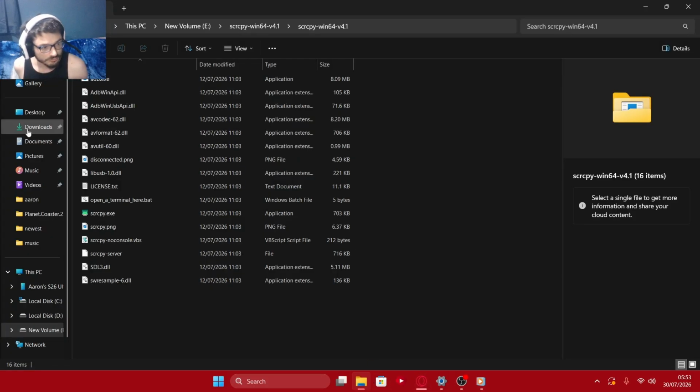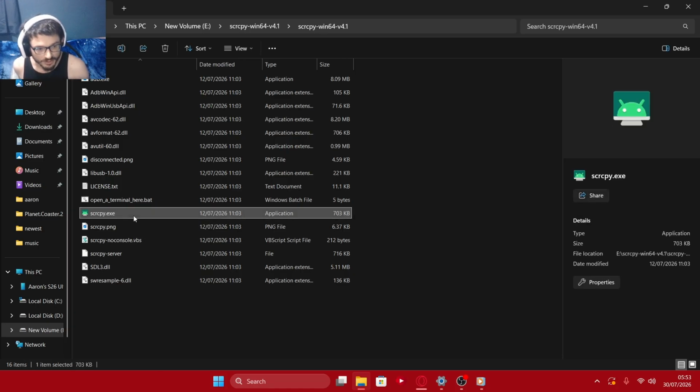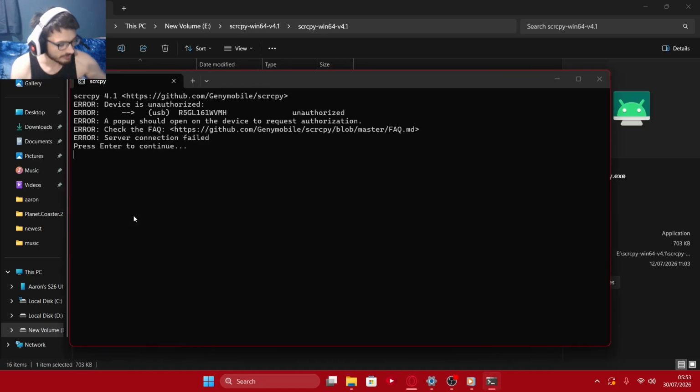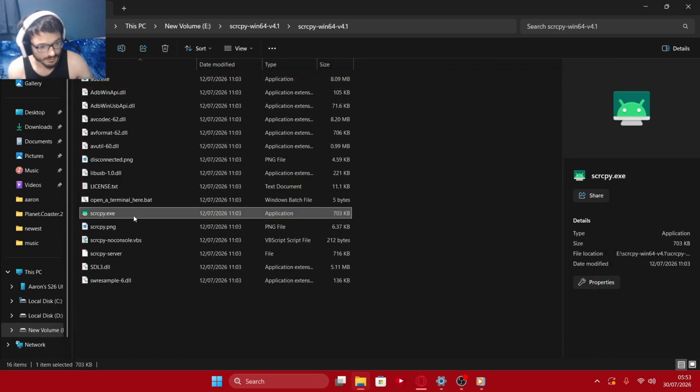I've got whatever this is called here. I can't pronounce it, but this is well-known software to connect to the phone and basically show you how it's working. Since it's such a pricey phone, I don't really want to be putting it on my stuff. So it's telling me that it's failed, but